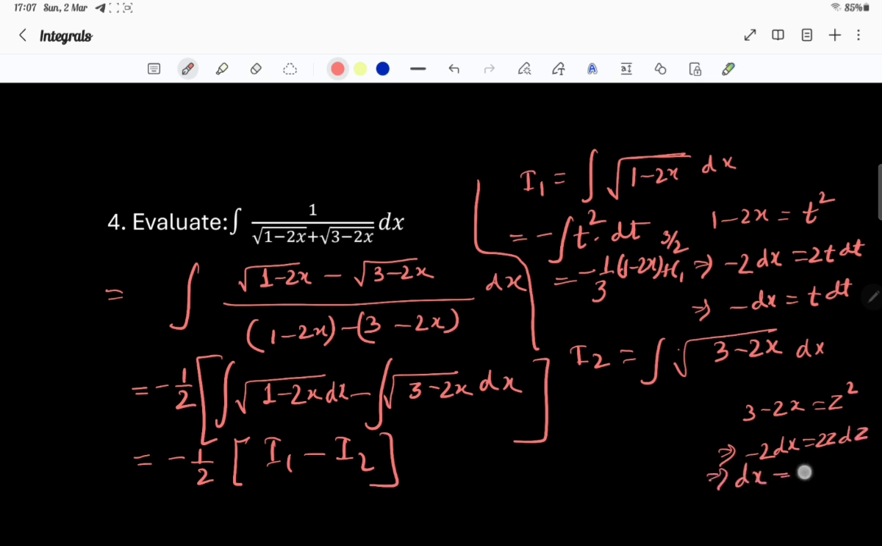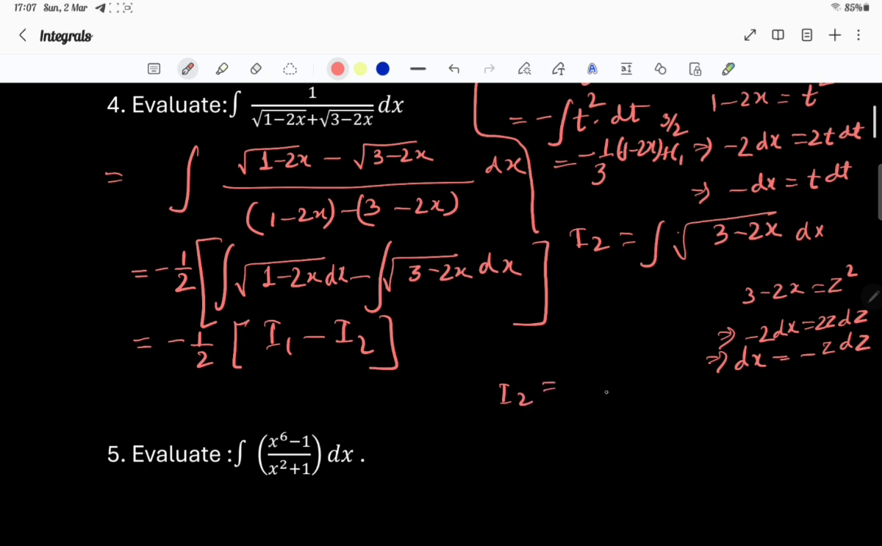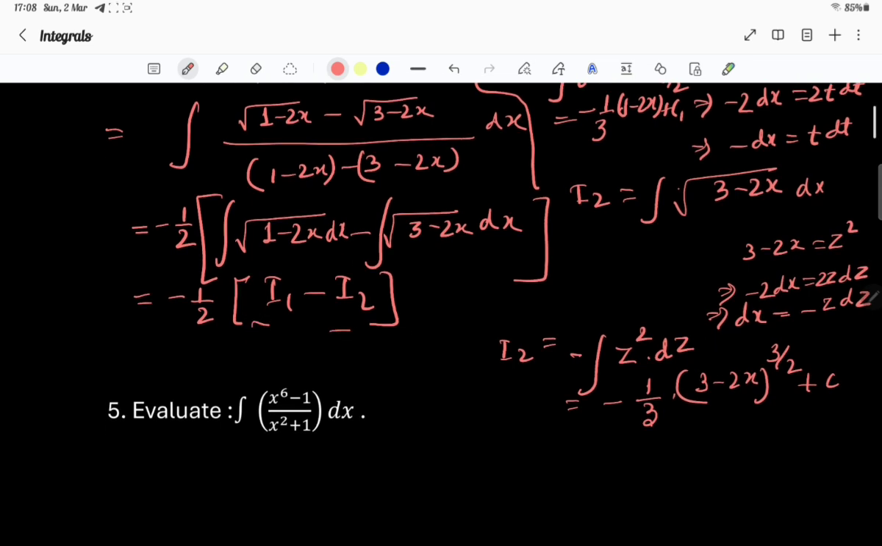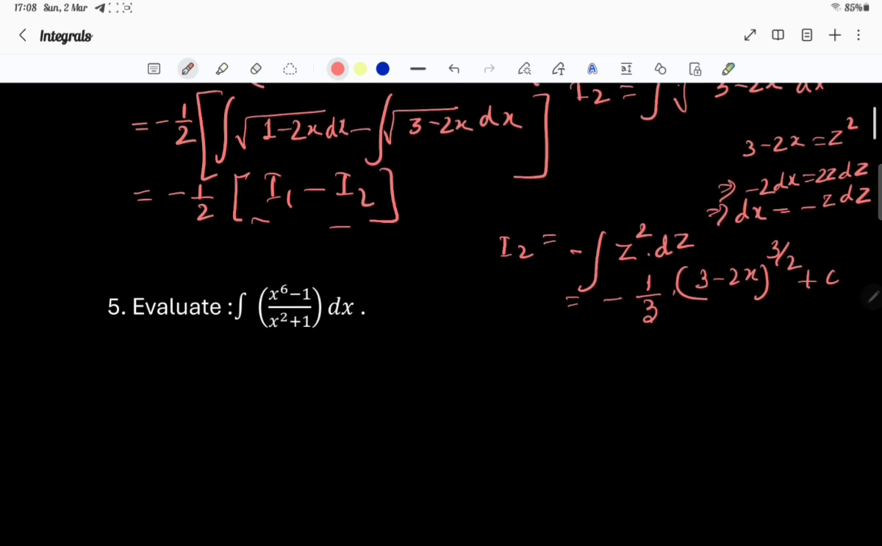তাহলে dx চলে আসলো -z dz। ওকে, তাহলে I2 কী হয়ে গেল, I2 হয়ে গেল ইন্টিগ্রেশন z ইন্টু, z ইন্টু dx-এর জায়গায় লাগবে -z dz, সো z স্কোয়ার হয়ে গেল, z কিউব বাই 3, তাহলে -1/3 হয়ে যাবে আমাদের z কিউব বাই 3, z কিউব মানে (3 - 2x) পাওয়ারে 3/2 প্লাস c। ক্লিয়ার? তাহলে আমরা এখানে I1 I2 জায়গায় বসিয়ে দিব, অ্যান্সার চলে আসবে, সিম্পল।